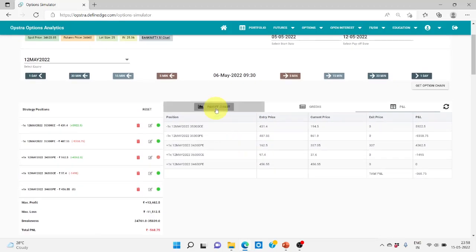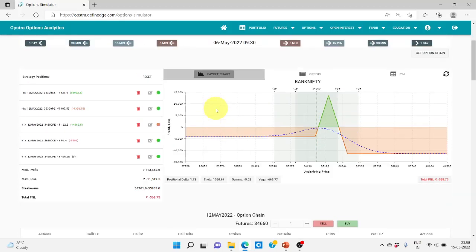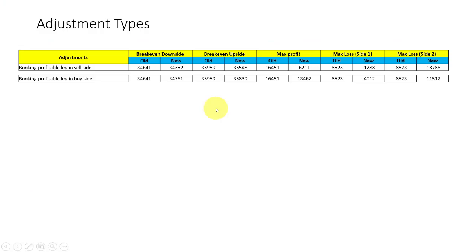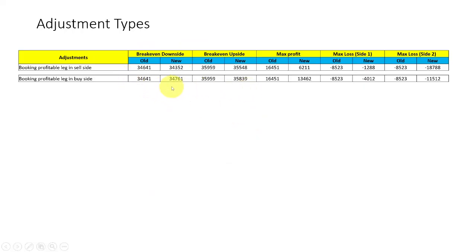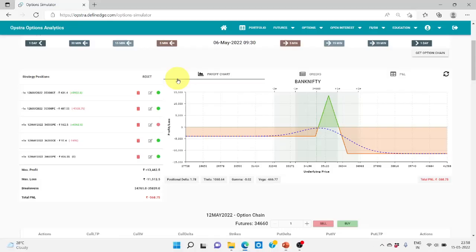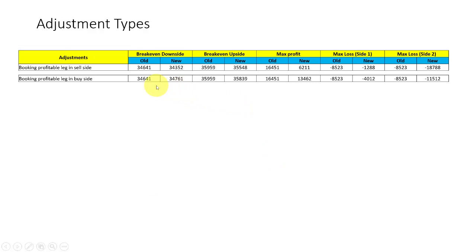Once we do that, our break even will be like this, where actually the break even has moved a little more towards our other side. We do these things when we feel the market is going to reverse and it has already fallen so much, so it might reverse. So we take these kinds of adjustments when our break even is shifting to this side, a little inwards,